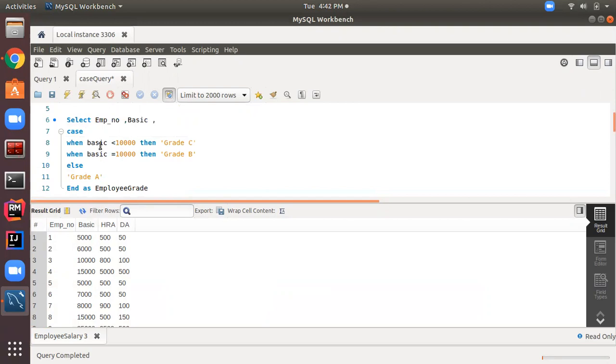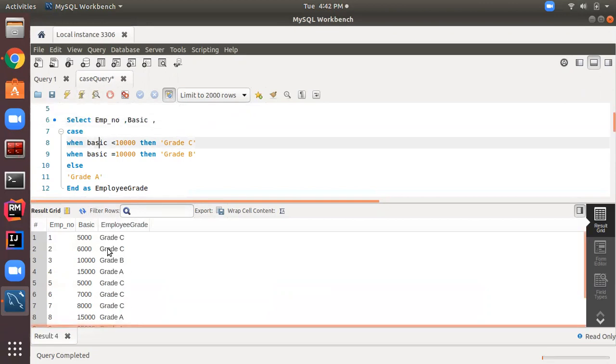Let's execute this first. I am running this query. As you can see, a new column, which is a virtual column, got added at the end of the table, showing the grade of the employees based on the basic salary.